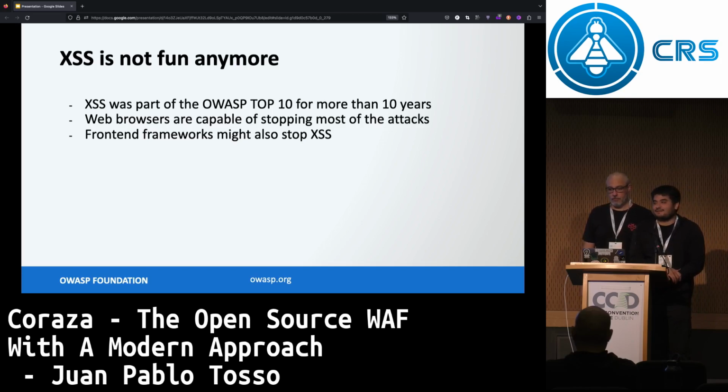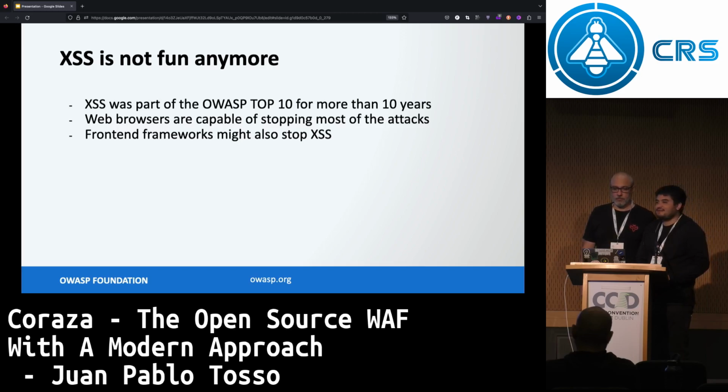Also, frameworks like Angular or Vue will abstract you from this. Basically, you will bring HTML content from an API request, and you won't render the HTML without an explicit instruction to render it. So it's not as strong as it used to be. But the idea is it is not only about XSS.